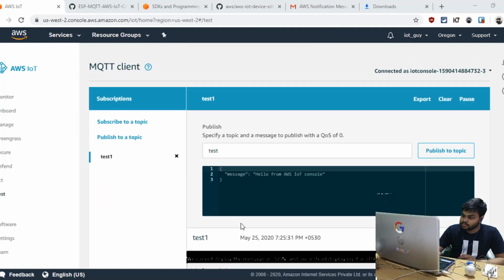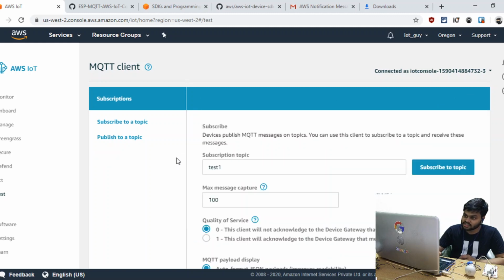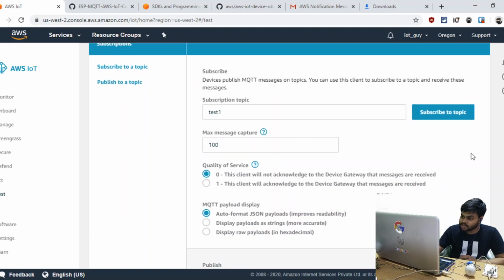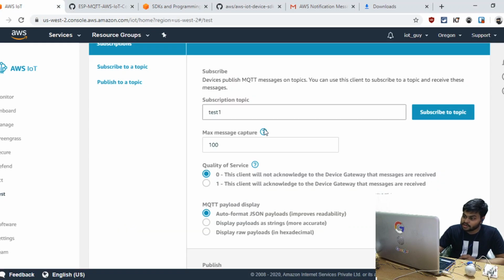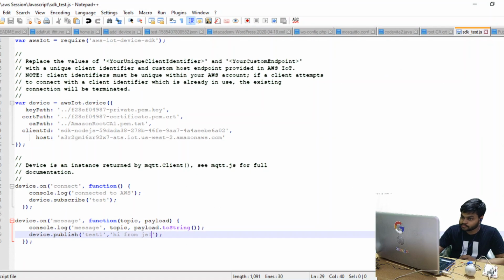We can do it for our Python, because click on this pause button and click on this cancel button, so that our subscription is finished. So the subscription is cleared now. There is no subscribe topic from this client, at least. So we have done that, and now the next step,